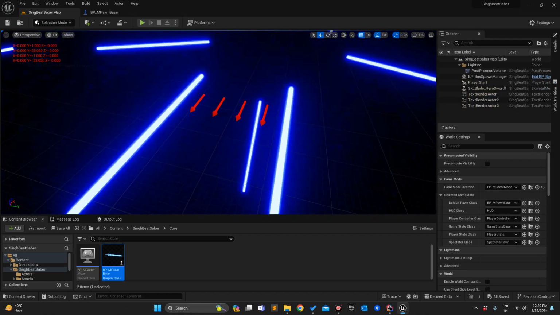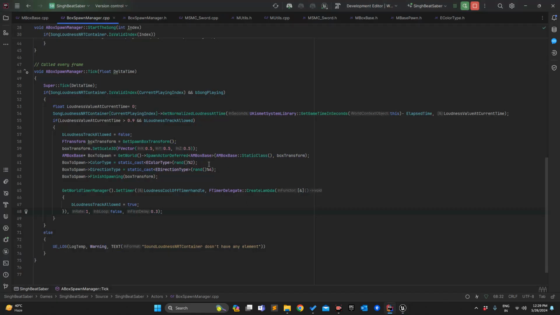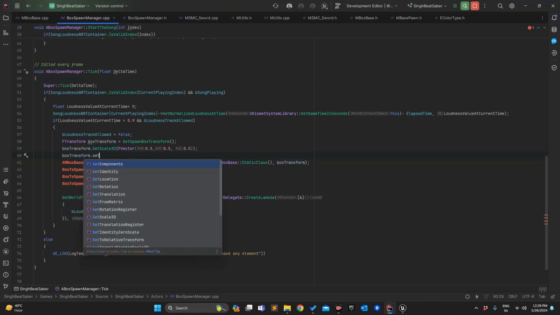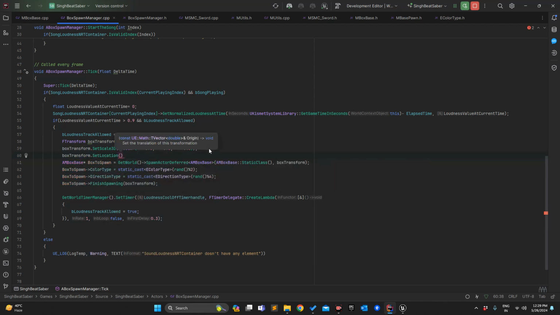So if you will see, the height is kind of cranky. So just to have a little bit of variation, what I will do is add some z value to it. So when we are putting the box transformation, I will add some z value which will be random. So box transformation set location, and box transform location dot x comma box transform dot,